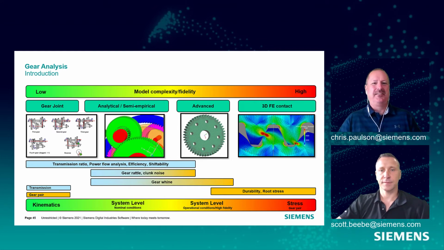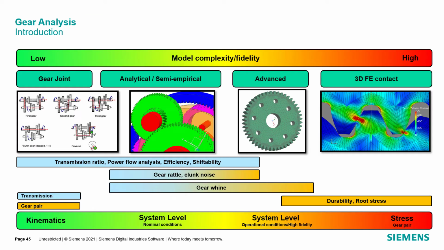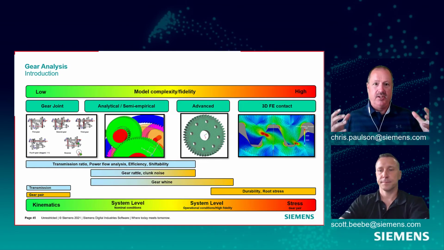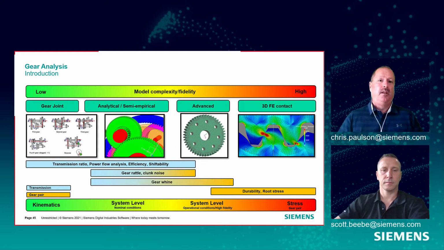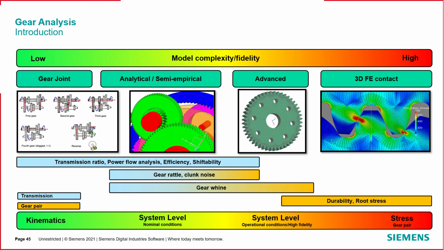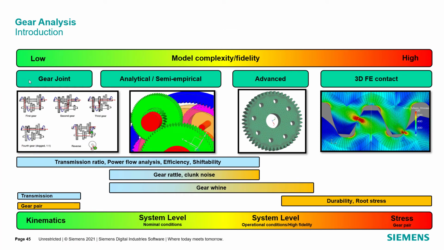Exactly. Thank you, Scott. So we can look at different ways now of simulating gears, taking advantage of the fact that there are AGMA or ISO standards that gears are manufactured to. We know that there's going to be contact from the root to the tip. We can start looking at some simulation approaches. On the low side, we could have a gear joint, which is the perfect gear mesh pair. There's never any transmission error. You don't get a lot of information, but it's good for kinematic studies.